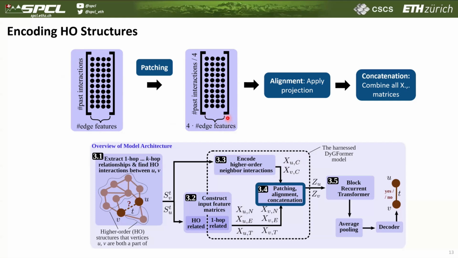So this 4 can also be some other factor that is selected. This is also a hyperparameter. That means that we are going to reduce a bit of the memory pressure because the history may be very long, right? So this is a way to deal with very long histories. Then we are applying alignment, which basically means applying some down projection to these potentially very large dimensions to make them a bit smaller. And finally, we concatenate all these matrices together to provide a single input that we are